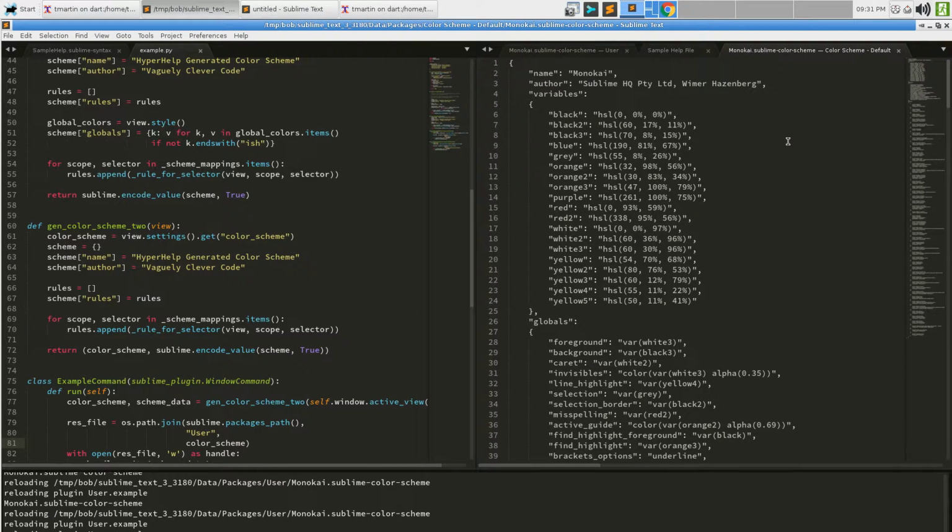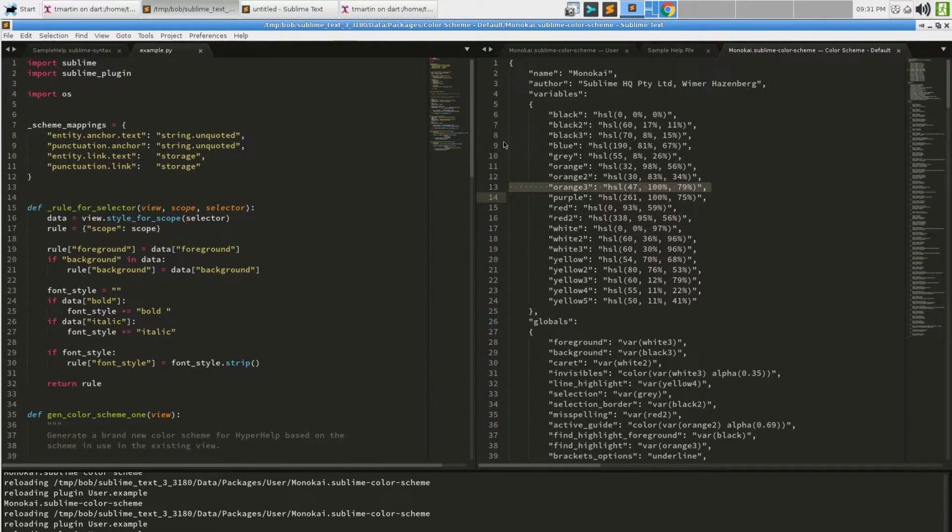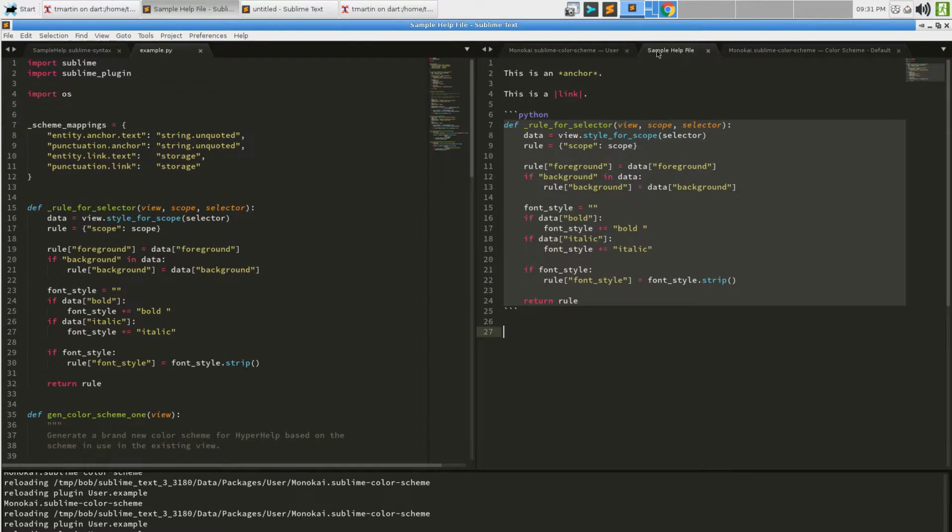if as a Monokai user, I decided in my user file to add a variables section and change one of these colors to something. Now let's see, what was I grabbing? String.unquoted was the yellow, like so. So just as a test, we can perhaps see this happening. We can see those colors and those are the same, right? Because this is the anchor that I defined as a color using string unquoted. This is literally just a string. It's quoted, but it works out the same.